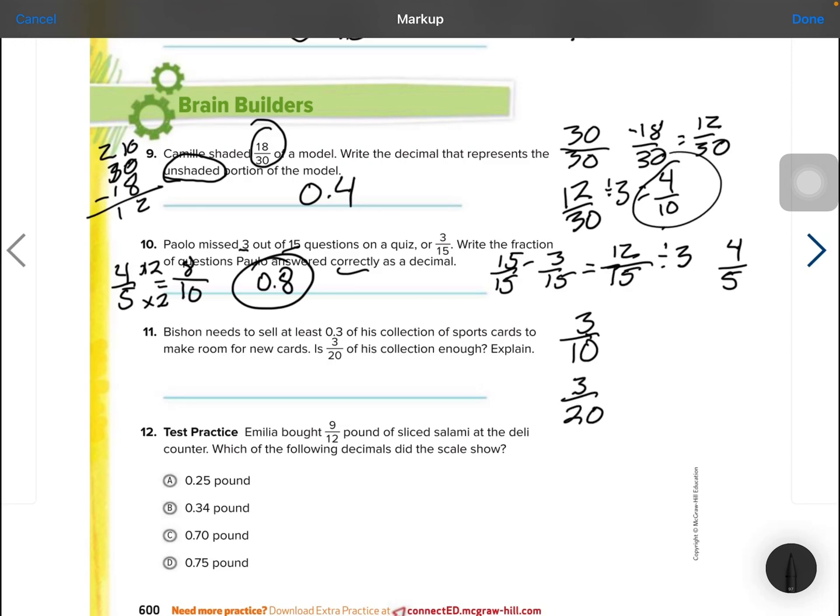So let's make it equivalent. 3/20 would have to be over 100. That would be times 5 on top and bottom. 3 times 5 is 15. Oh no, it's not going to be enough, because 15 hundredths looks like this. 0.15 is less than